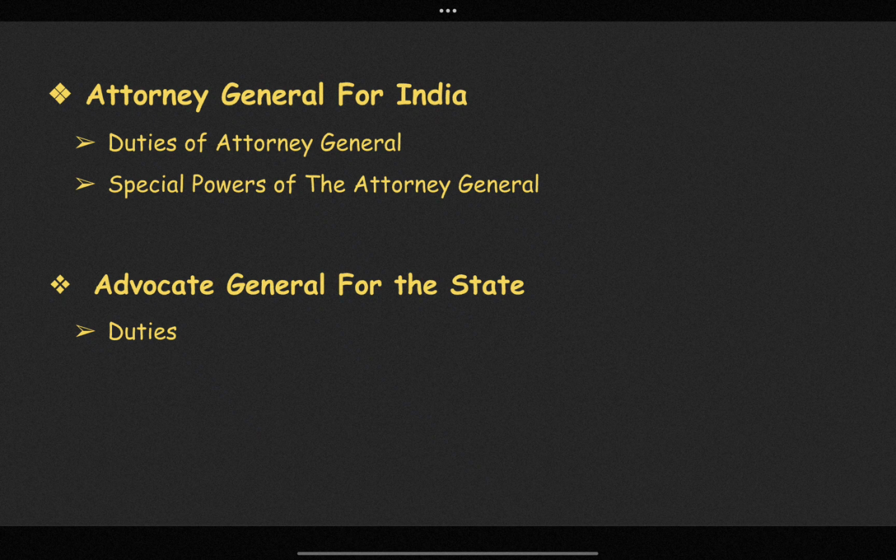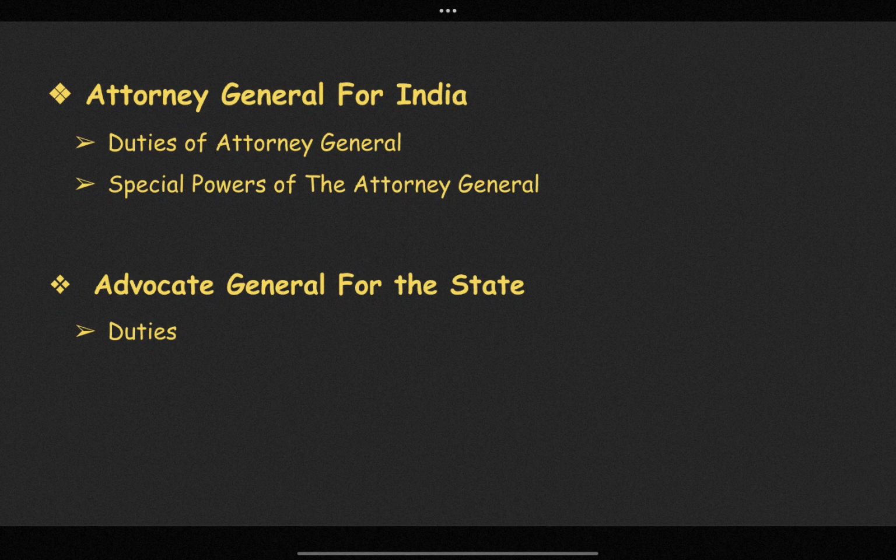Next, the Attorney General is assisted by the Solicitor General and the Additional Solicitor General, meaning they are there to help him. The Attorney General cannot be present in all the courts, so he is allotted some helpers like the Additional Solicitor General and the Solicitor General. These are also known as the law officers. They are statutory officers. They have been created by an Act of Parliament and they are appointed by the Ministry of Law and Justice.